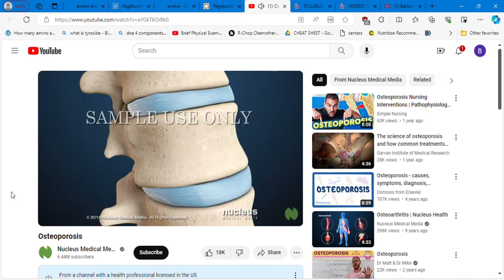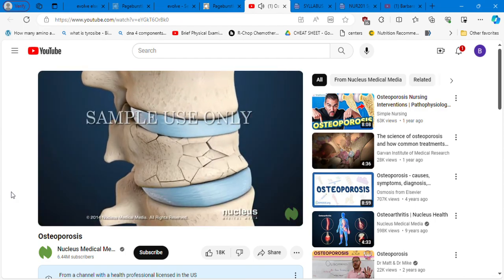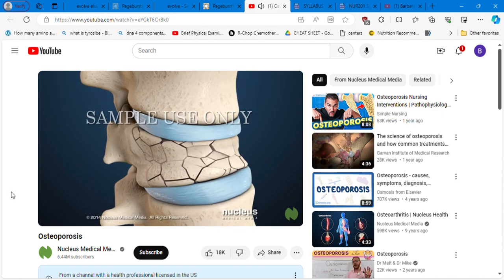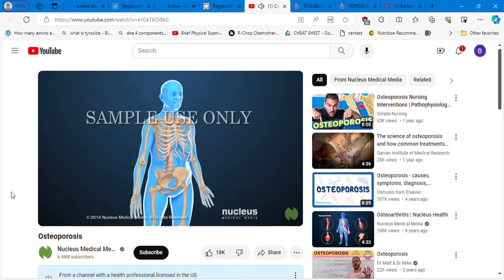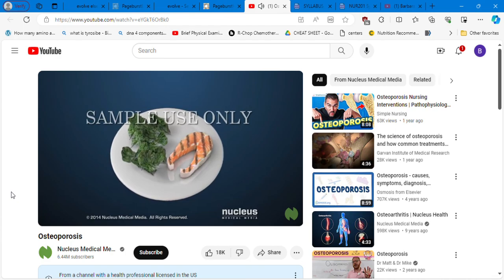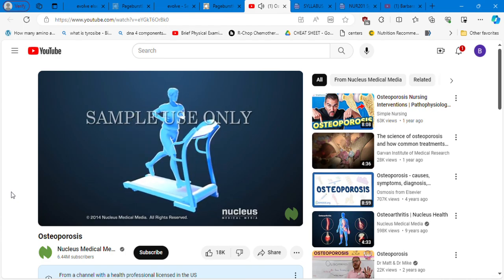Bones may break or fracture easily because they're unable to withstand the physical strain and pressure from even normal activities. Common fracture locations in people with osteoporosis include the wrists, spine, and hips. Building strong, healthy bones through a diet rich in calcium and vitamins and getting regular exercise can help prevent as well as treat osteoporosis.